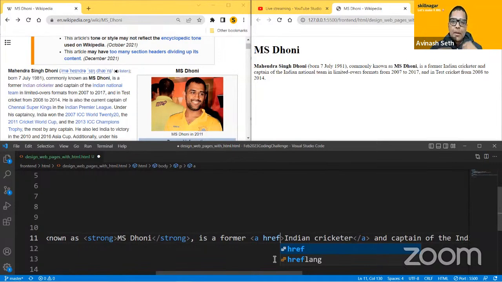Every tag in HTML will have individual attributes. Just for an example, my hair is very short, and your hair is probably very long. So this is my attribute, short hair, and your attribute could be long hair. So href, and I will say href equals double inverted commas, and inside that I